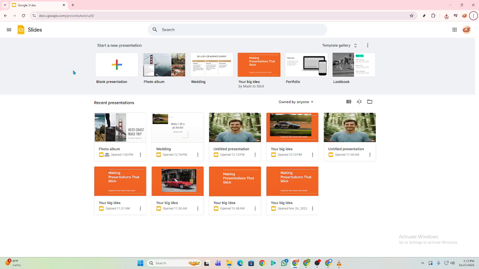Hey everyone, welcome back. In this tutorial, I'll show you how to adjust the transparency of a picture in Google Slides for 2026. It's super simple and you'll see how easy it is to make your slides look cleaner and more professional. All right, first, click on the slide that contains the picture you want to adjust, then just click